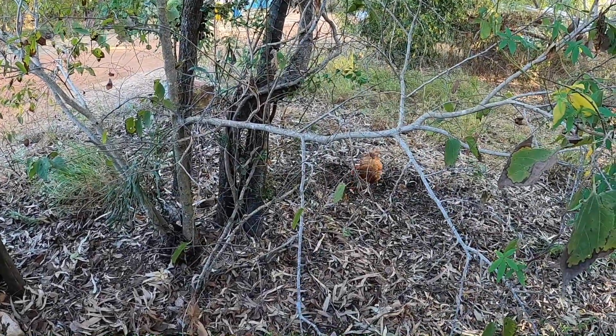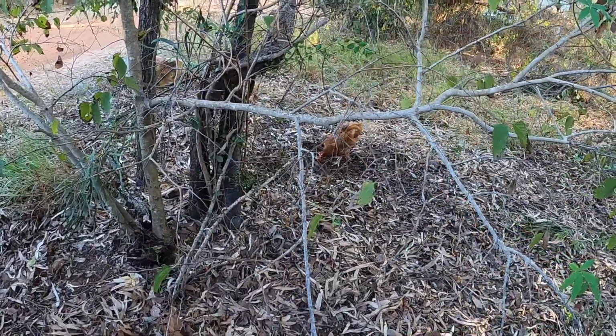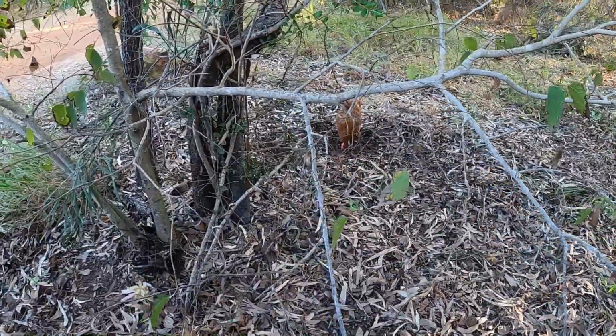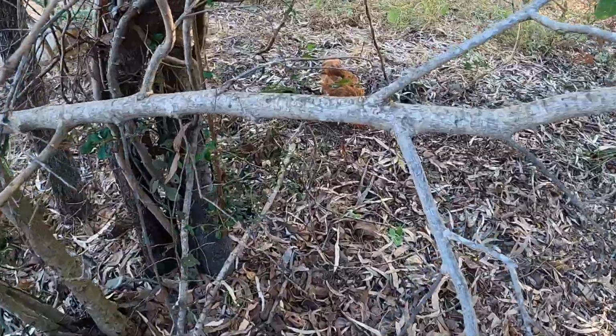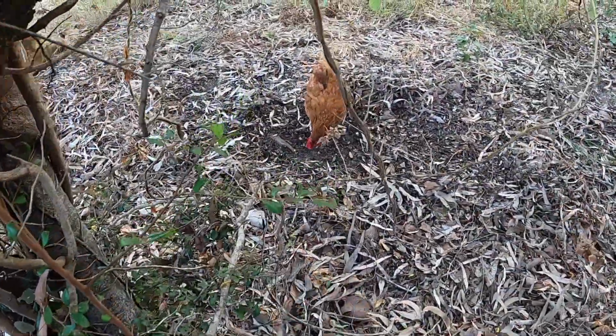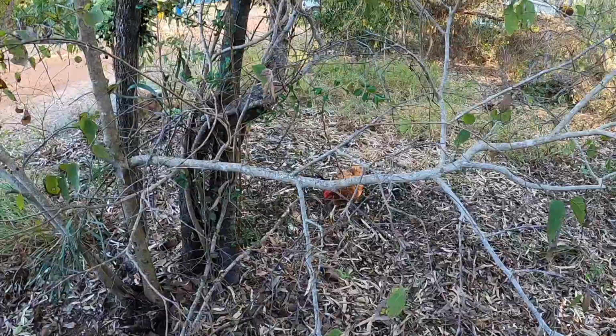Yeah, I know it's a pearl farm, and there is the word farm in there, but I wasn't expecting to see the chook scratching around. But there you go,